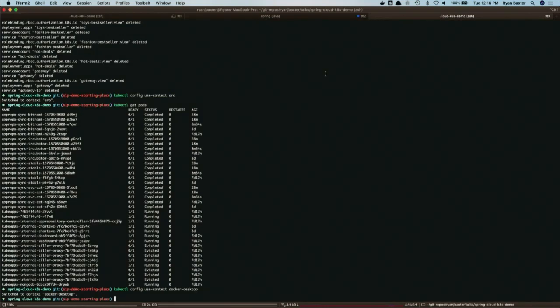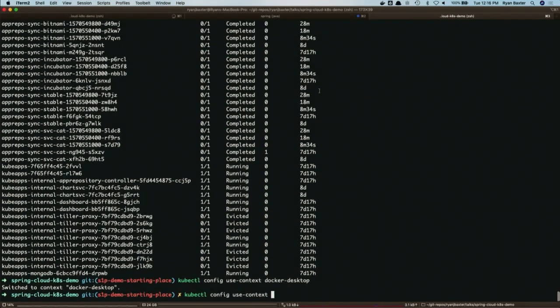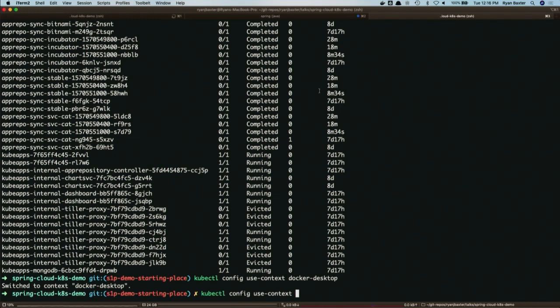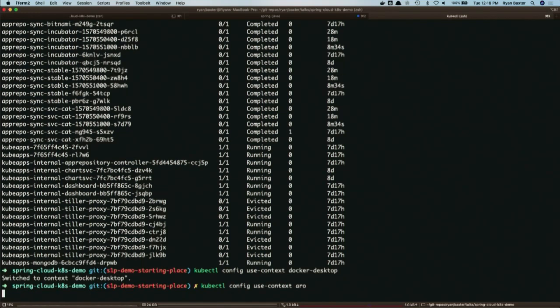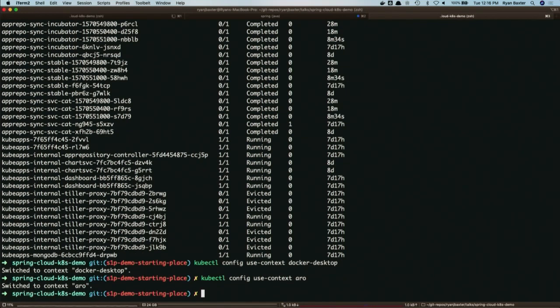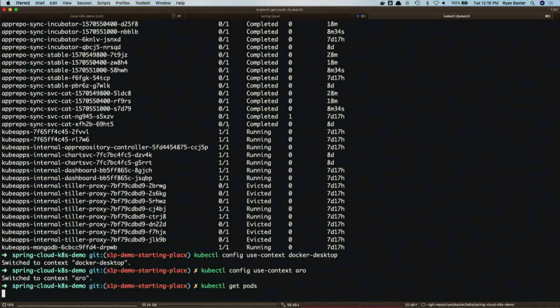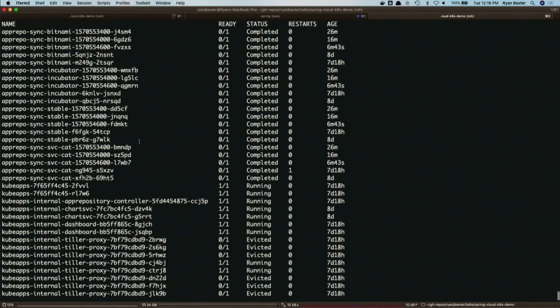Now let's switch to my cluster. Again, it should be readable. Okay, here you can see that I have a bunch of pods running on my Kubernetes cluster, right?